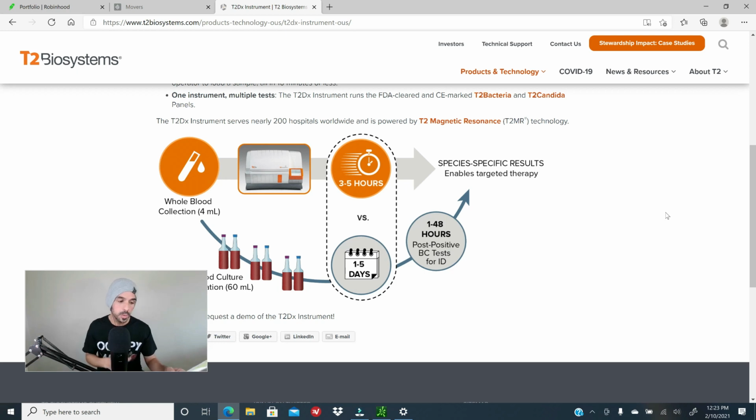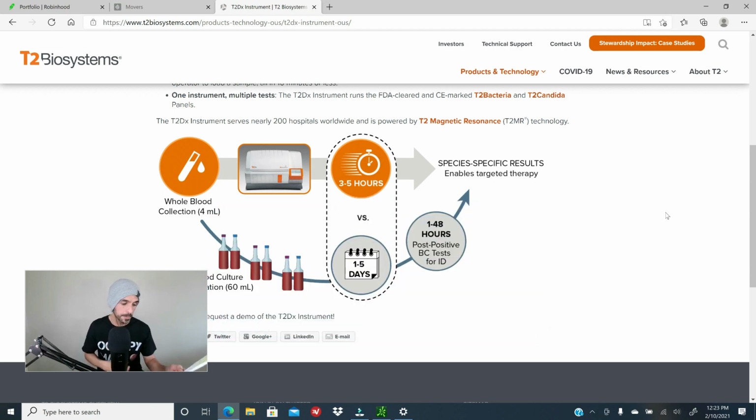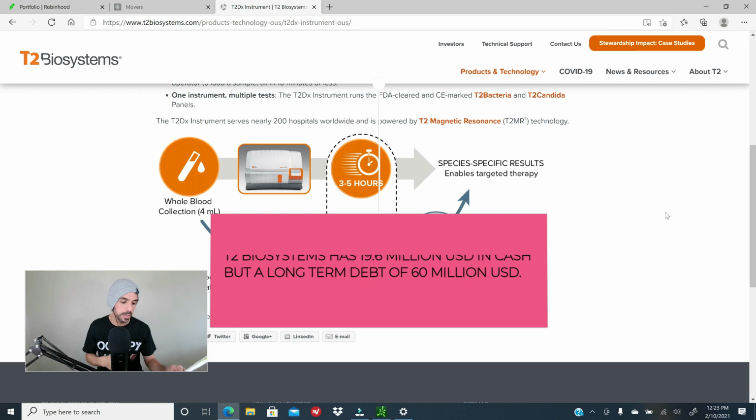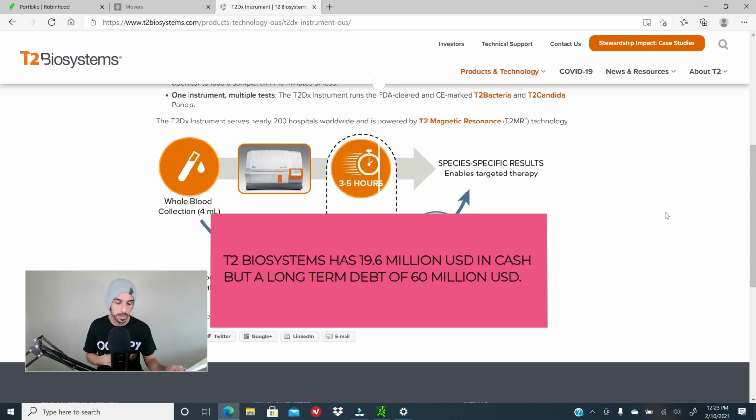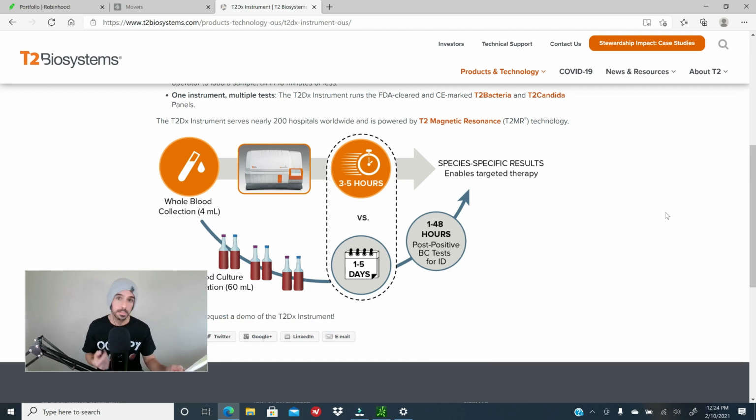Number 5. T2 Biosystems has 35 international distributors of their products in countries such as Australia, Denmark, Finland, France, and many more. Number 6. T2 Biosystems is yet still a small company with a market capitalization of $434 million, and I took a look at their balance sheet and it looks nasty, guys. And why? Well, because their cash and cash equivalents position is at $19 million and their total long-term debt is $60 million. So, you know, the balance sheet looks awful, truth be told, but this is normal for the most